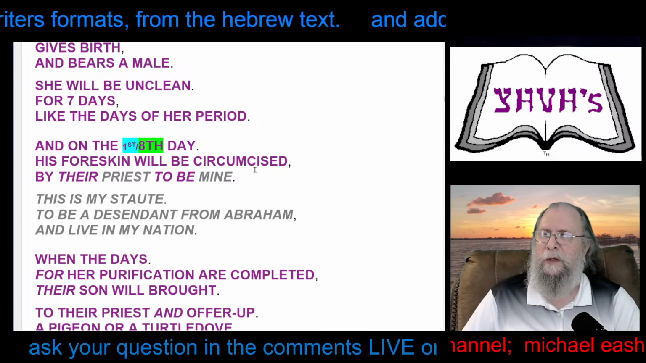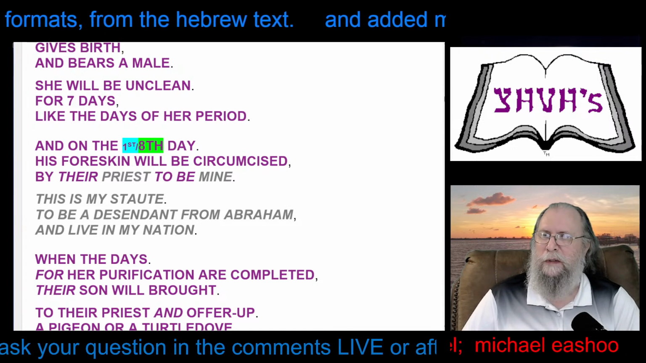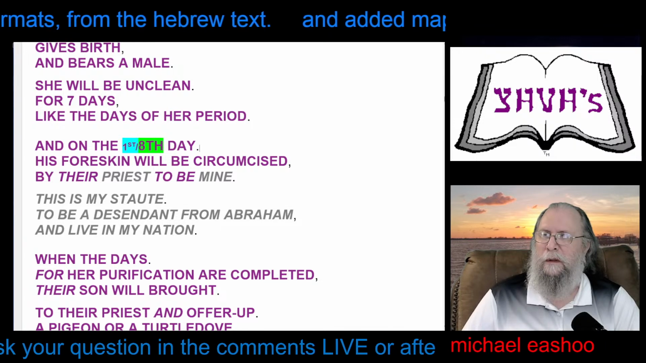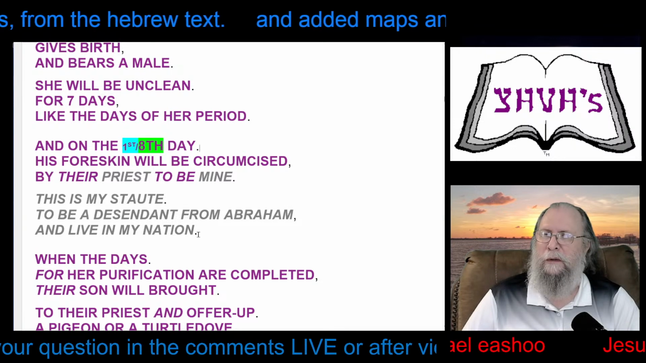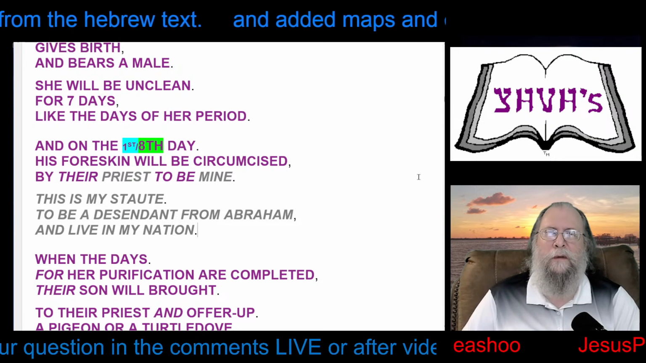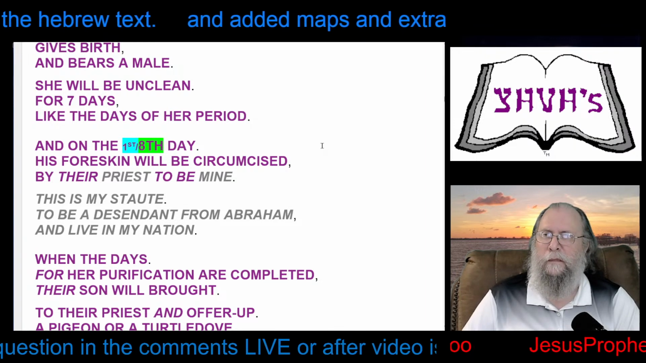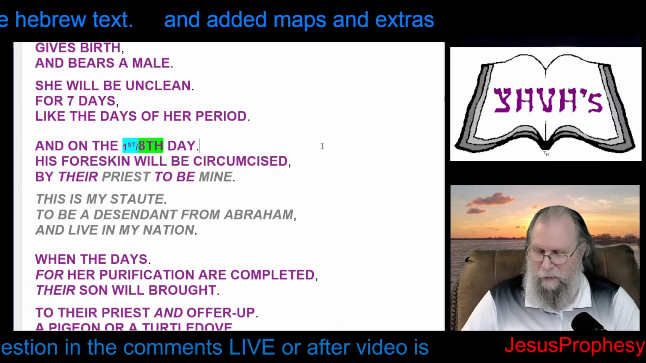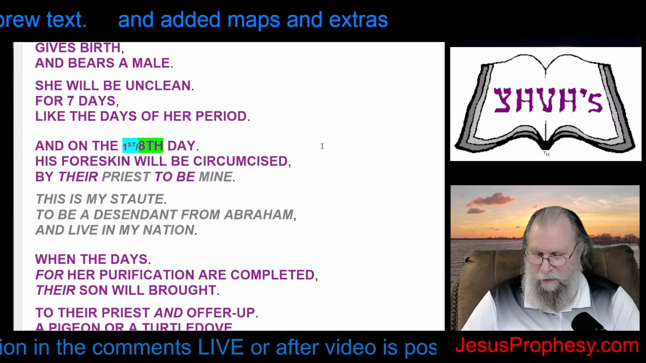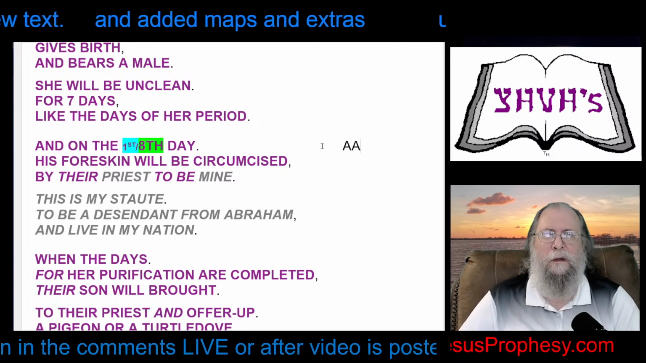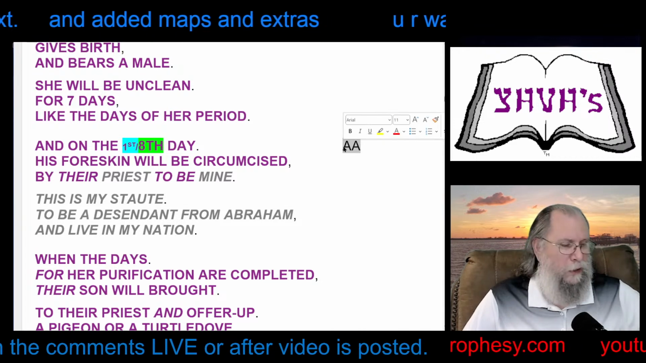His foreskin will be circumcised by the priest to be mine. This is my statute, to be a descendant from Abraham and live in my nation. Now this I've already noted, and I want to make a note to connect it to the text. So I think if I note it like that, I will be able to get to that text